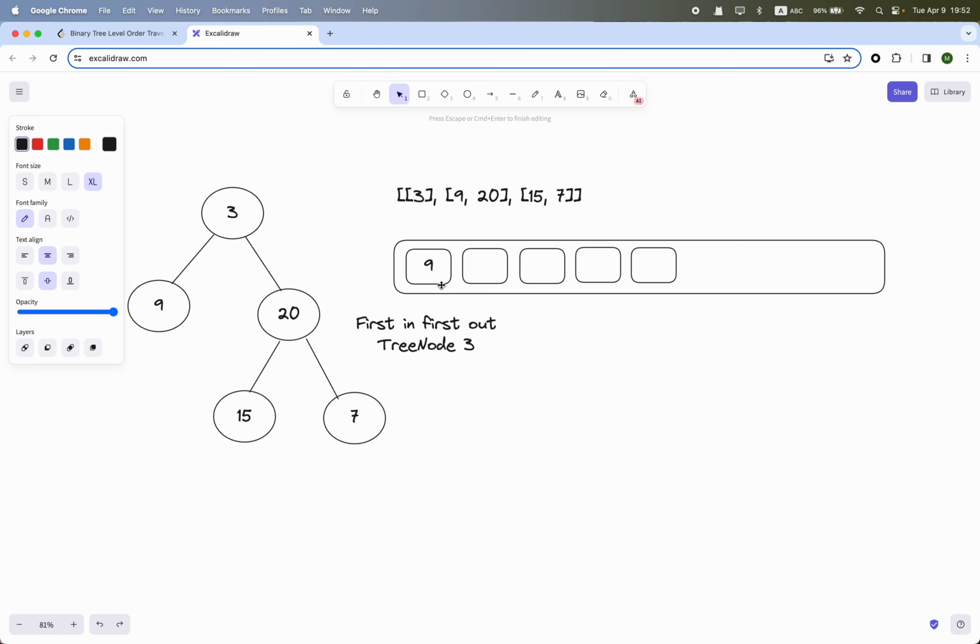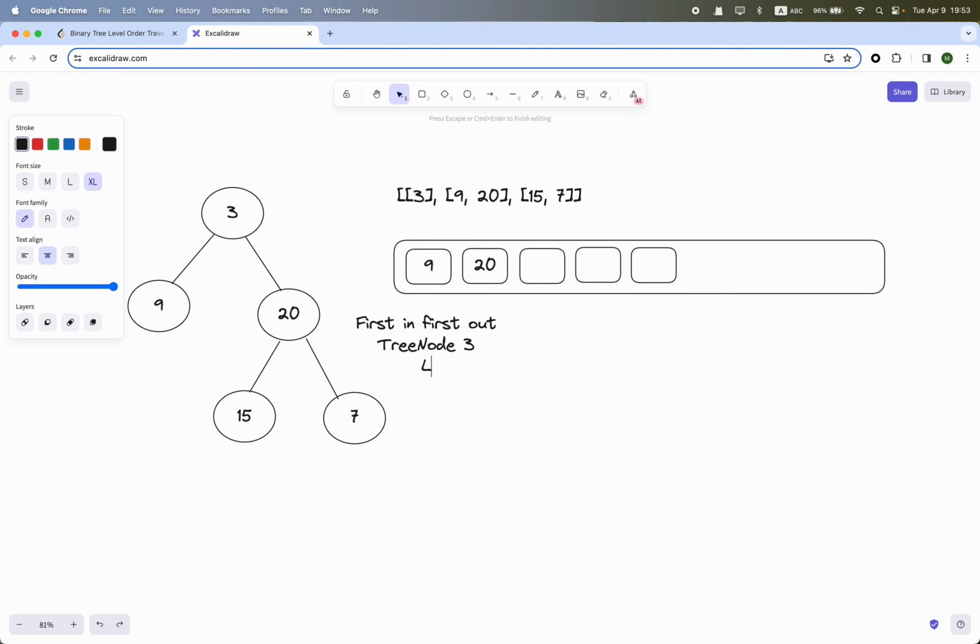So 9 is in the queue, and then we check the right node, so it's 20. We push it into the queue,